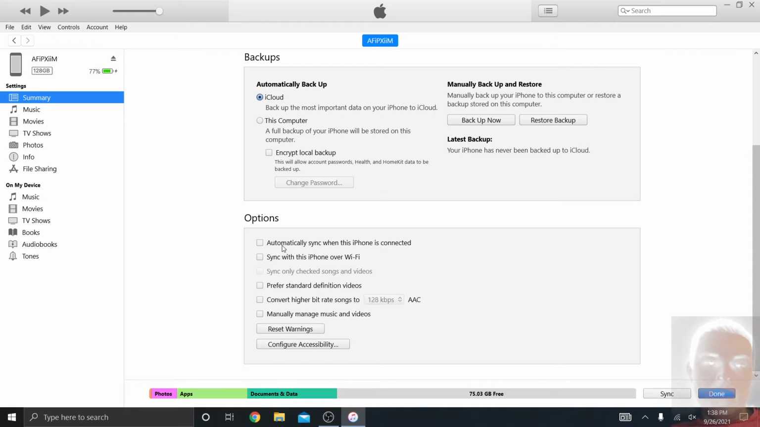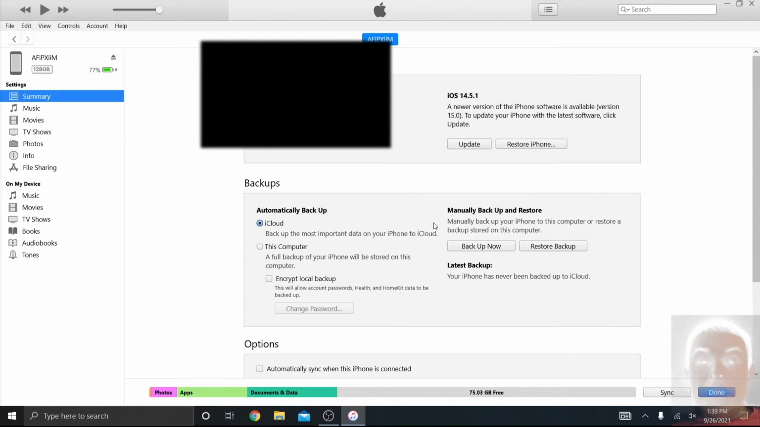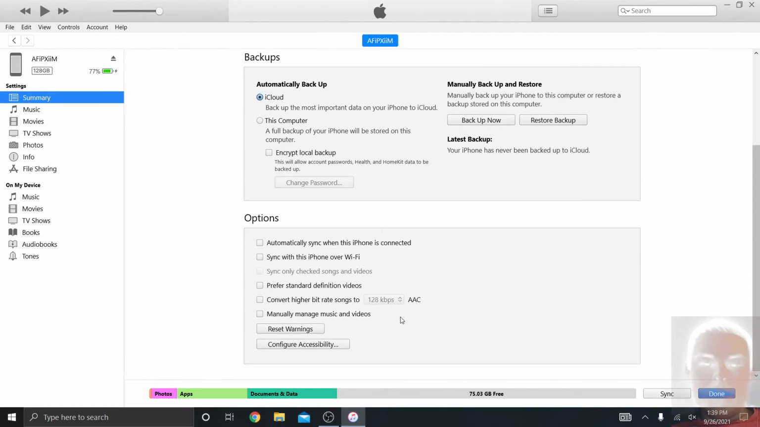So this option to automatically sync when this iPhone is connected, I leave that turned off so that when I first open iTunes, it's not going ahead and doing all its craziness. I am telling it to come in here and back up. Now, if you don't want to do that and you want it to automatically back up and you want it to be more automated, more seamless, then just leave that box checked right there. And then every time you plug in your phone and iTunes loads up, it'll go ahead and do a backup